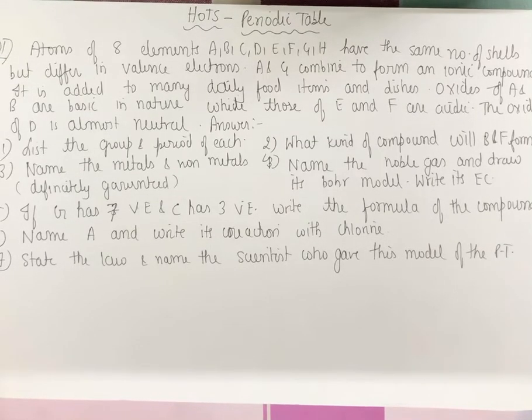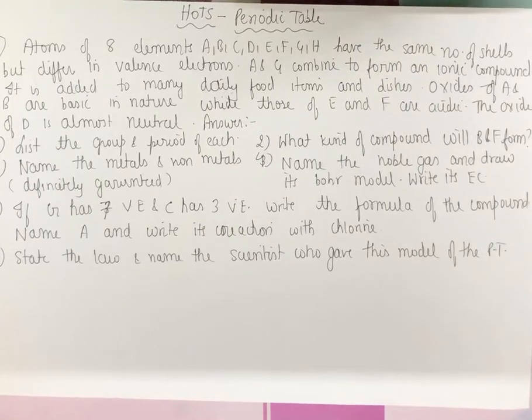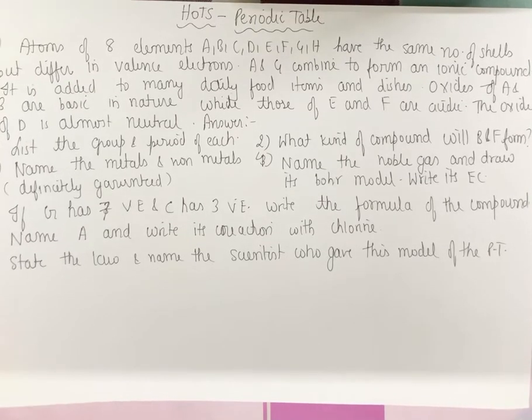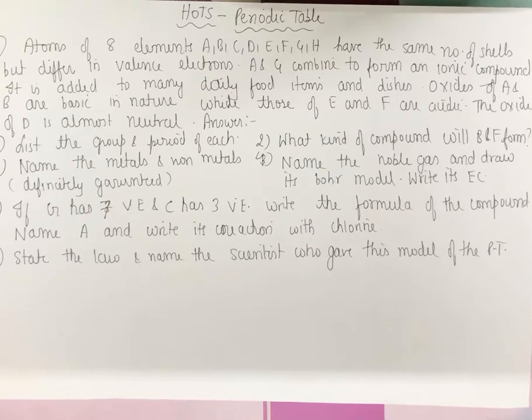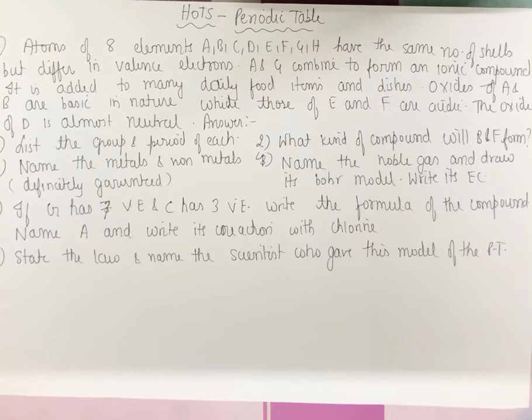So in today's class we'll be doing very important indirect and tricky questions on the periodic table, which is very important for boards of class 10 and also carries some importance to a chapter of class 11. So without wasting much time, let us begin. These kinds of questions are asked directly as 5 markers in the board exams, and it's so easy, but still we fail to answer them because of lack of curiosity, lack of attention while reading the question, and interpretation problems. So today we'll understand how this huge-looking question will give us 5 out of 5 marks.